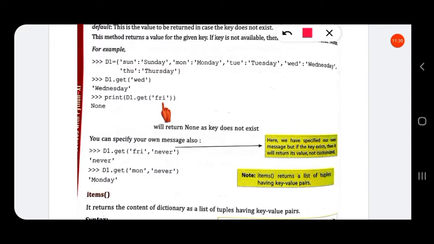Suppose we change it to D1.get FRI comma never, then the output will be never, because there is no key FRI present in our dictionary D1. D1 dot get MON comma never will give Monday because MON is present in the dictionary. If the key is not present, it will return the default value that has been given.